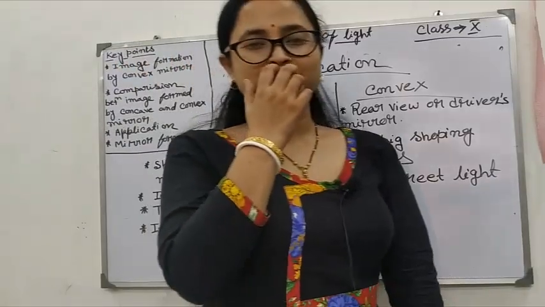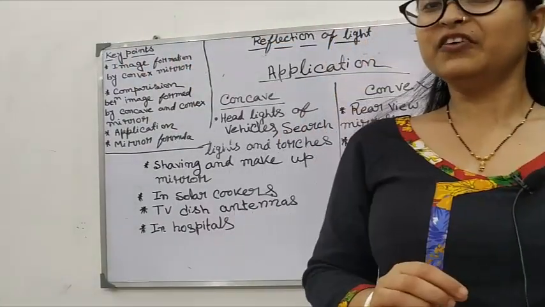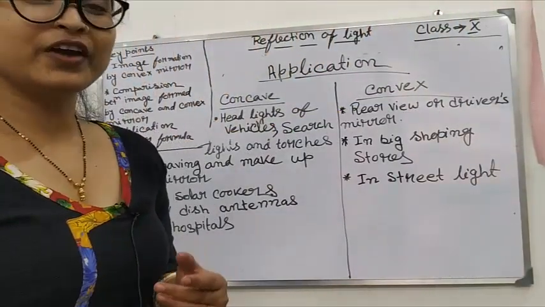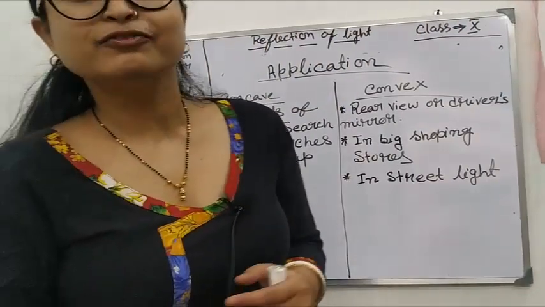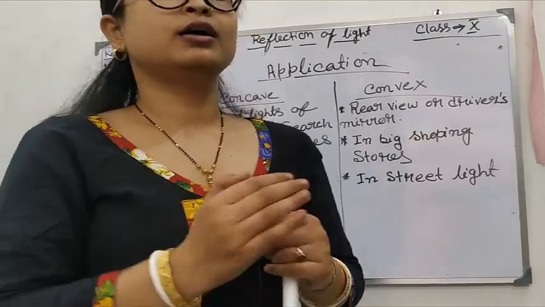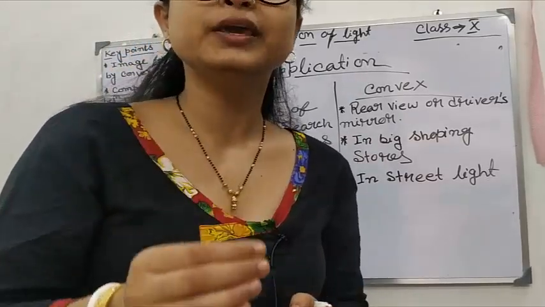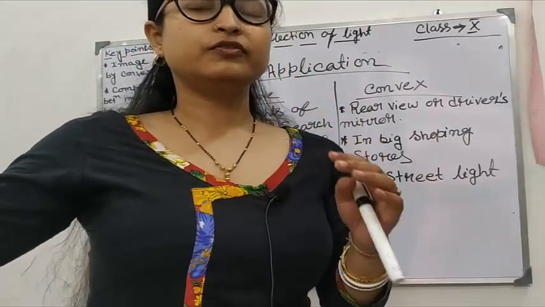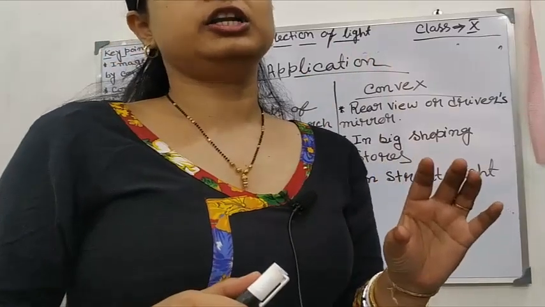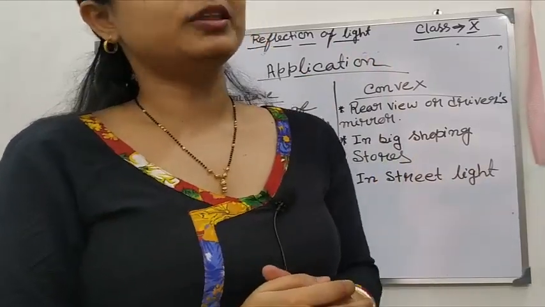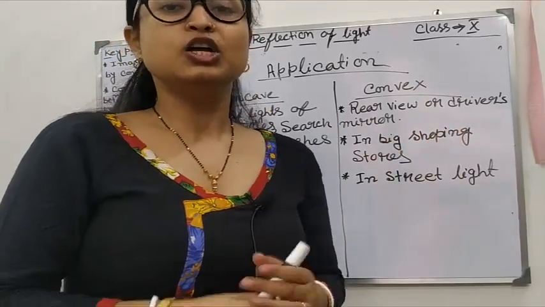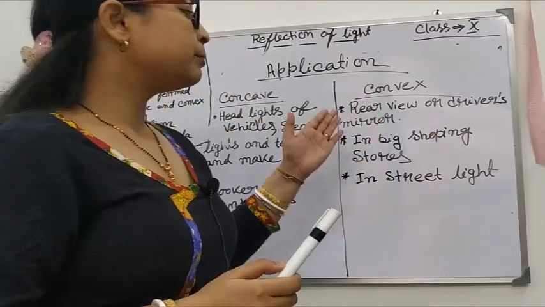Now one more piece of information I want to give you. The field of view of plane mirror is less than the field of view of convex mirror. Now if you want to get the full size image of any object, in case of plane mirror, the size of the plane mirror should be half the size of the object, but in case of convex mirror, with a small mirror only you can get the full size image of the object. Why? Because it will give you the diminished image, so you can easily get the full image of the object.